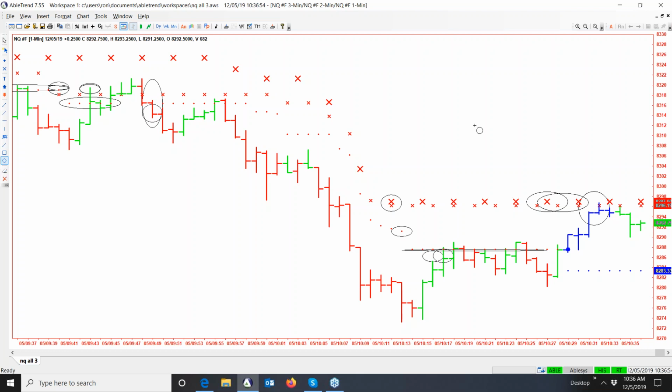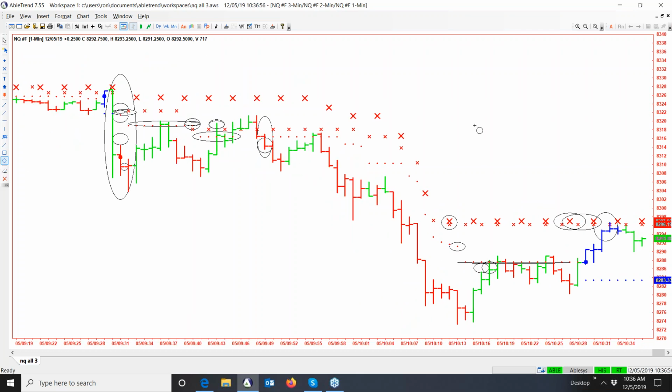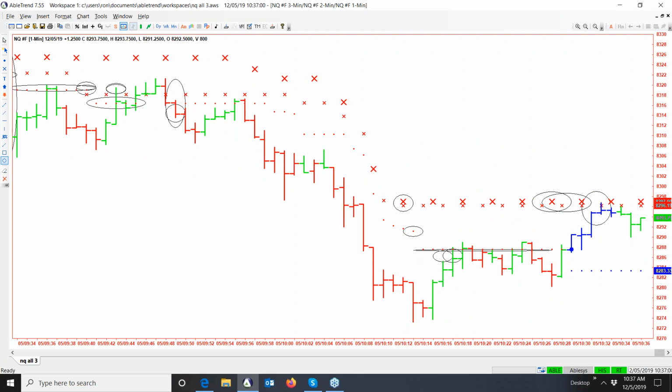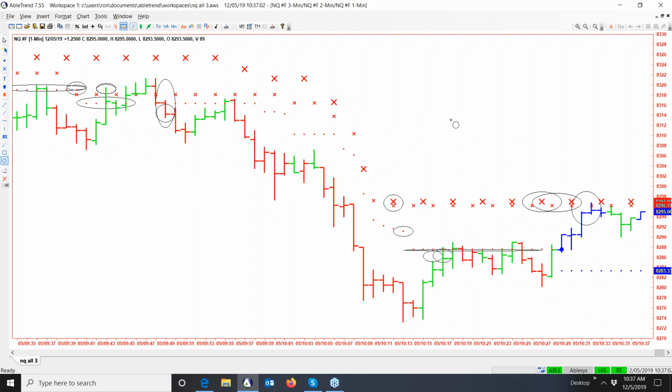So this way, when you see that triple confirmation AbleTrend trade, jump right on in. At least you can if you like. Just go to your Infinity dome. Hit the buy or sell button. We suggest trading at the market, but again, we don't tell anybody how to trade or what to do with their money. That part's up to you. But it's real simple. That's what we like, and everybody likes it.